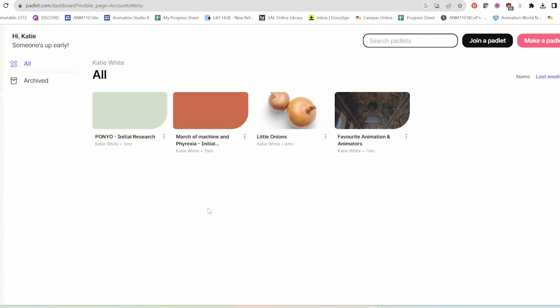I've got a few projects already, but of course you will probably have an empty dashboard, and the first thing you will want to do is to make a Padlet. Now, my recommendation would be to discuss amongst your team who's going to make the initial Padlet, because you'll only need to make one, and then everyone will copy and paste their information into that document. So first up, before you go ahead and make anything, maybe just check in with your team and see who wants to do that, and then that person can share the link with the rest of the team. So if we go and make a Padlet,